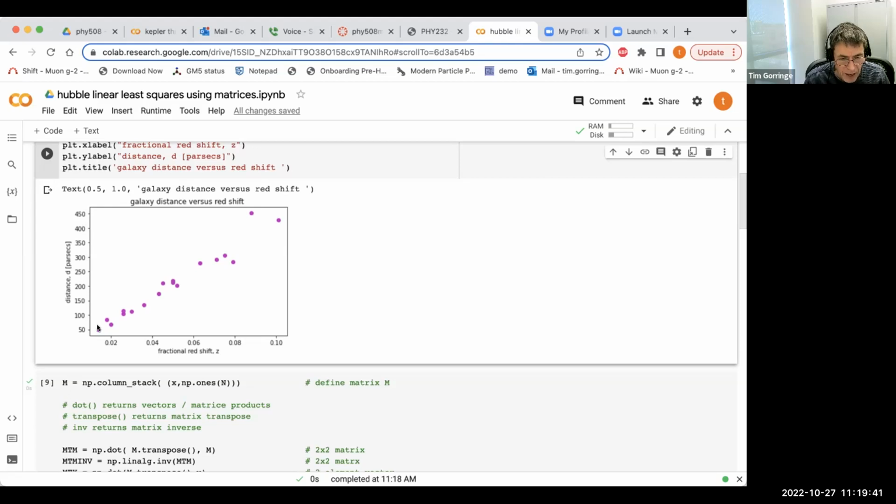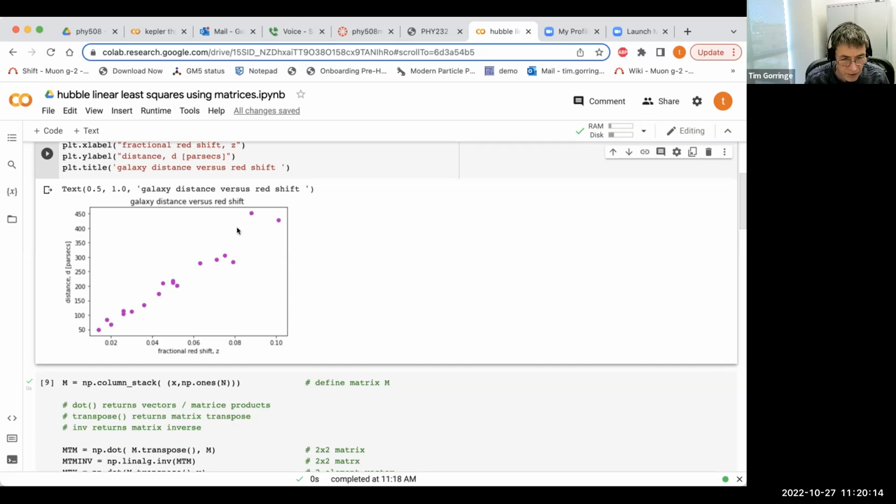You see that downstairs here in the bottom left corner, if the galaxies are nearby, then there's little redshift. But as the galaxies get further away, then the redshift, the recession velocity, systematically increases. And so you see here the evidence of the linear relationship, the proportional relationship between distance from us and recession